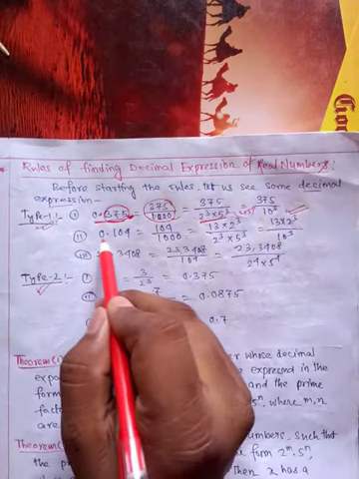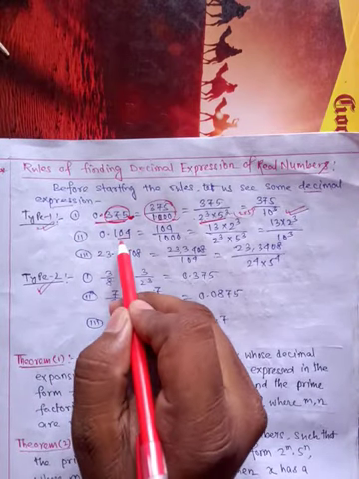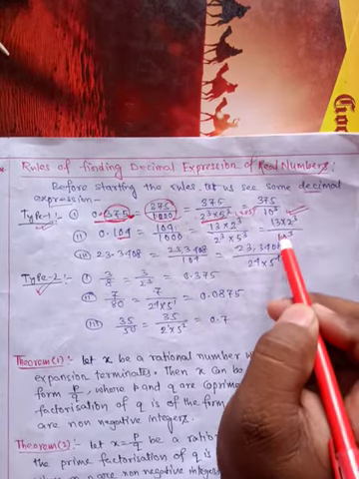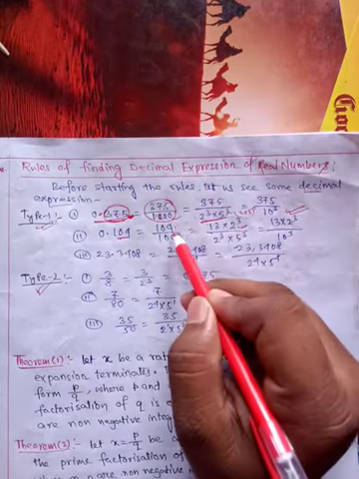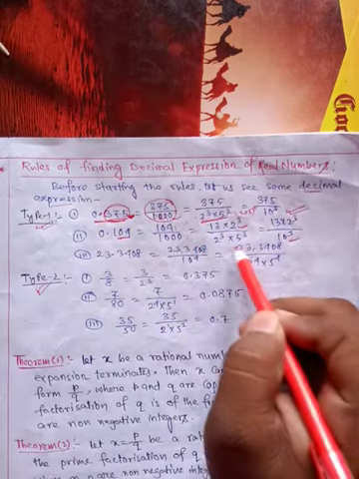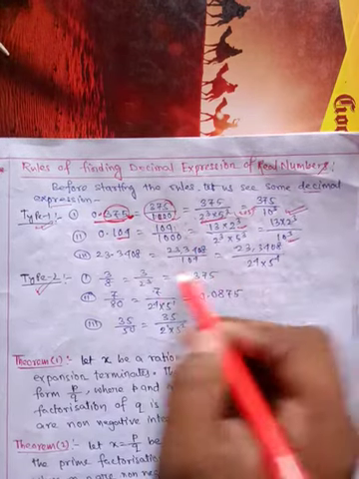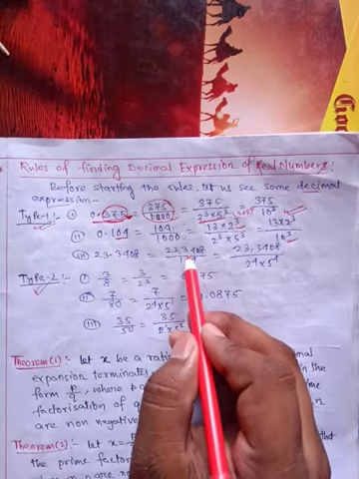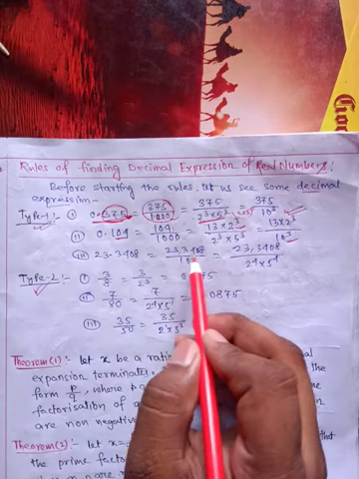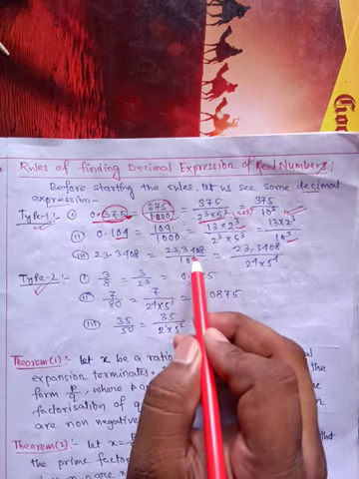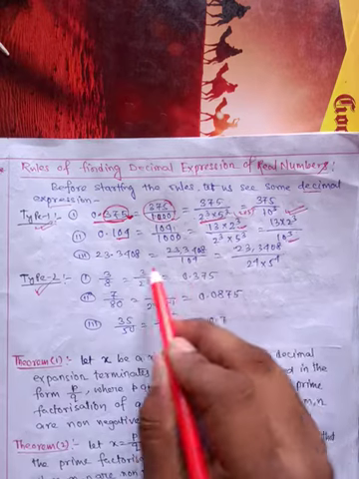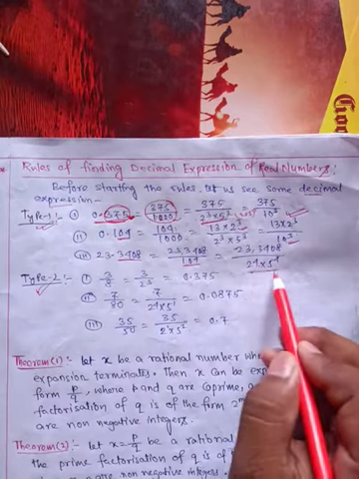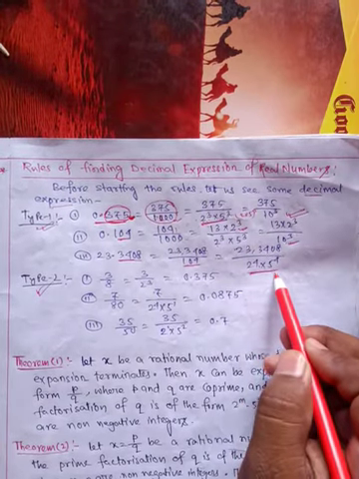Okay. Again 0.145, again terminating, again it is rational. In this form you can write it as 13 by the prime factorization of 104, 2 to the power 3 times 13, and this is 10 to the power 3, again 1000. Now 23.3408 is equal to 233408 by 10 to the power 4, as after the decimal there are 4 digits, and the prime factorization of 10 to the power 4 is 2 to the power 4 into 5 to the power 4.